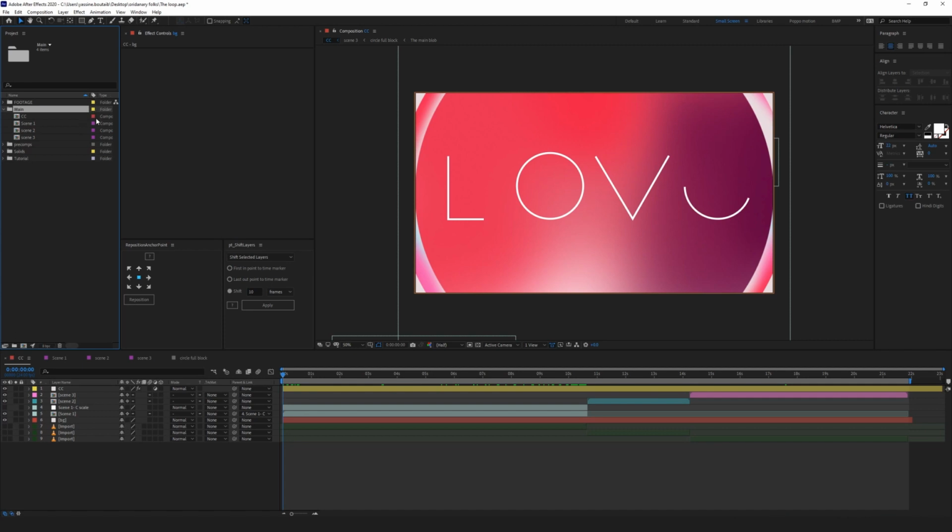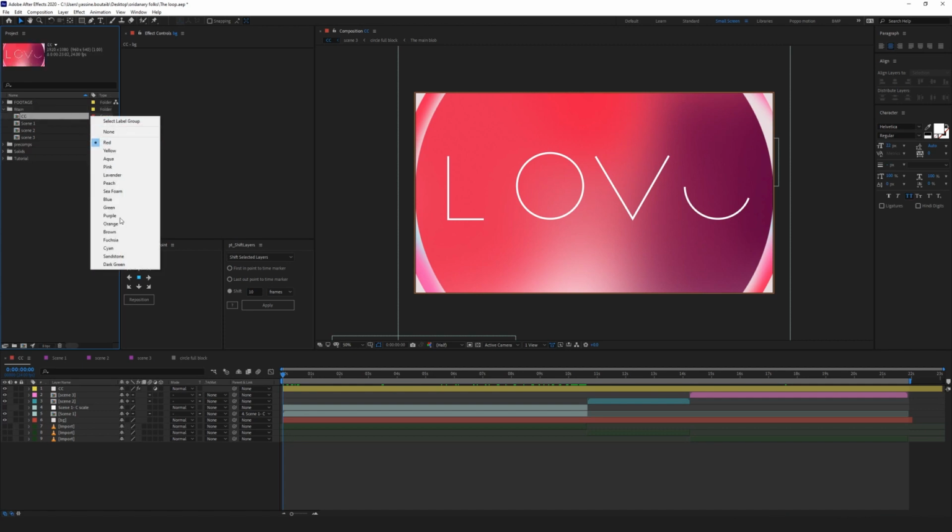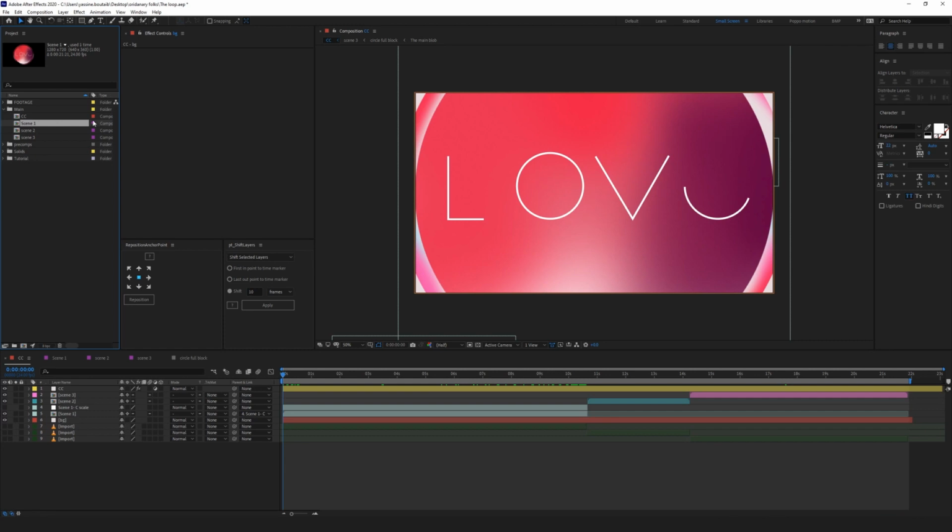You can do that by just going to your composition, clicking here and choosing a color. So I'll choose red always for the final CC color correction, and purple for the main scenes or the main comps. And then I have another folder which I call the pre-comp. This is where I put things that I'll be using as footage and stuff like that.